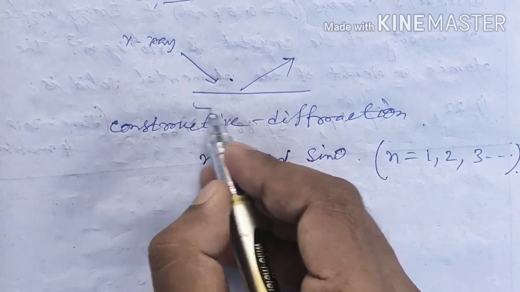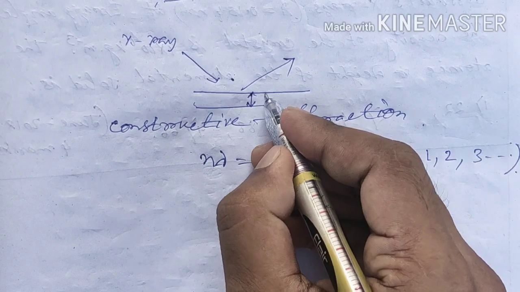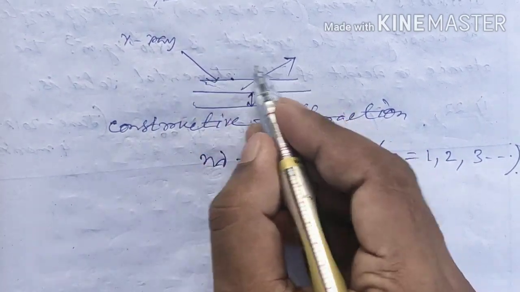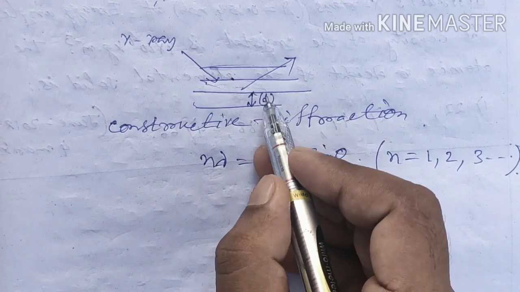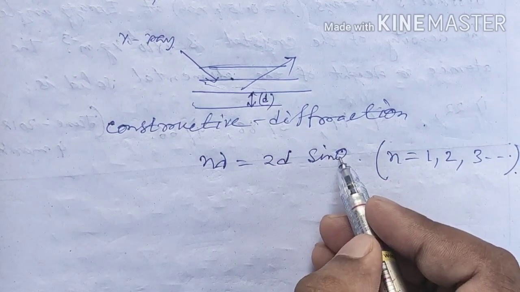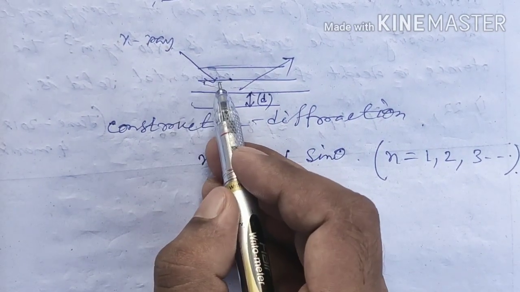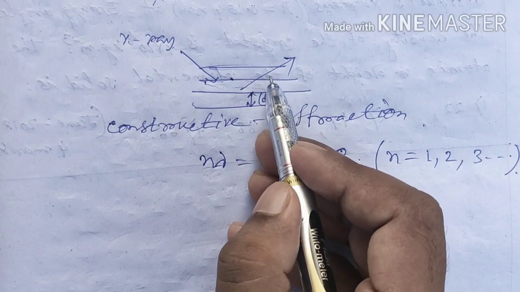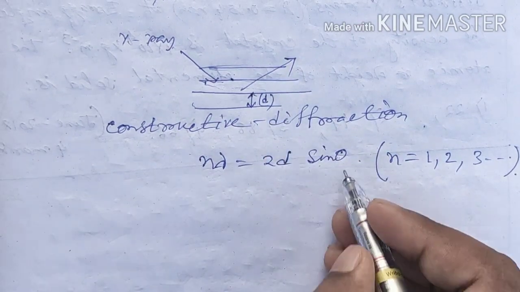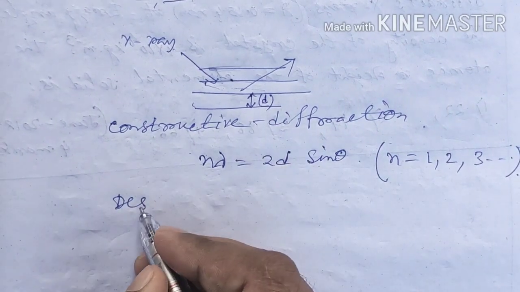d is the interplanar spacing between the crystal planes. There are many planes for the crystal, and d is the interplanar separation between two planes. Theta is the incident angle at which the X-ray falls on the crystal plane, or the reflected angle at which the light reflects from this crystal plane. Is it okay? Now for the destructive diffraction,